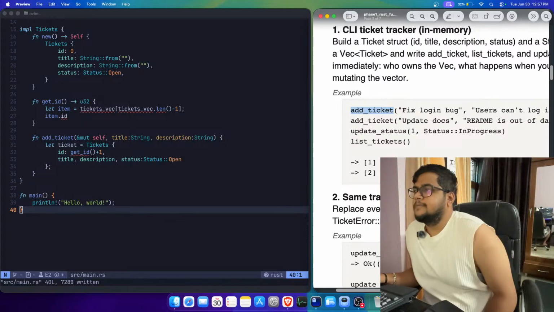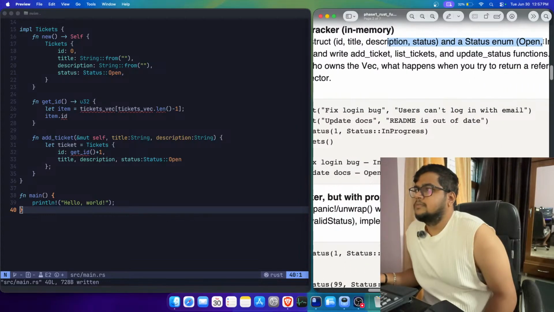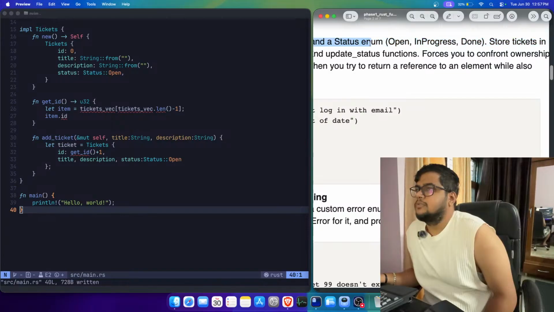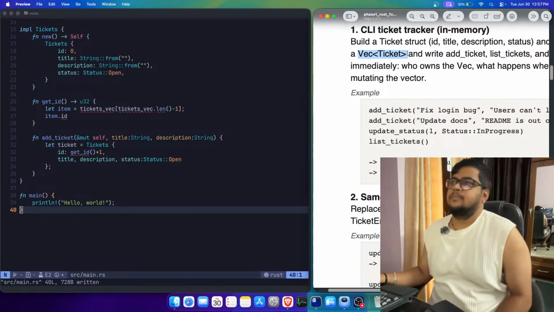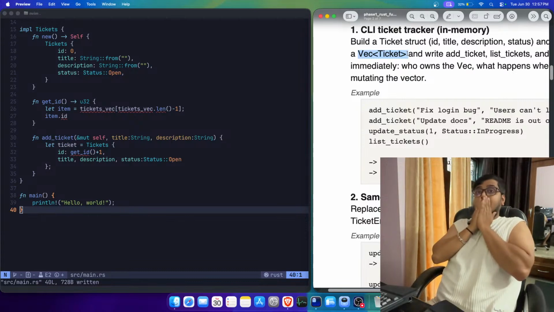Web ticket. Web tickets in web ticket. So